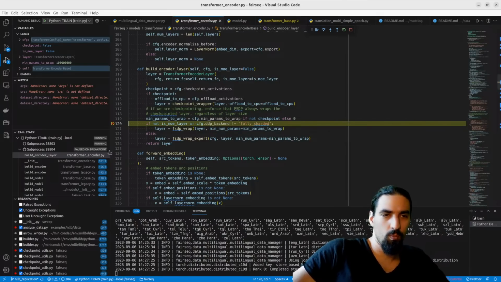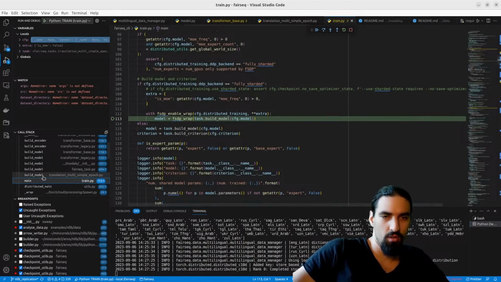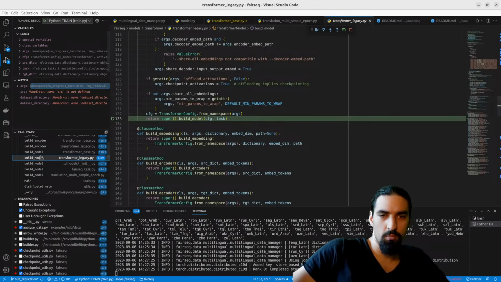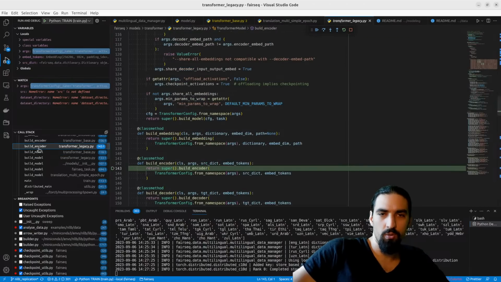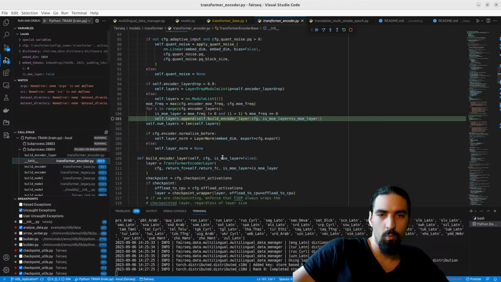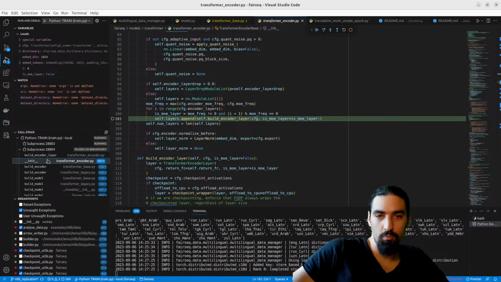Okay, we now hit this because we're in the build model. So from main, we entered in the build model. We're building the model. We're building the transformer, and now we're building encoder. And inside of encoder, we have this logic. Build encoder layer.